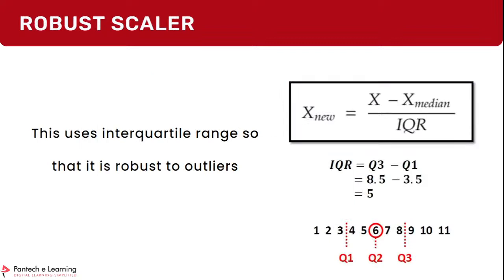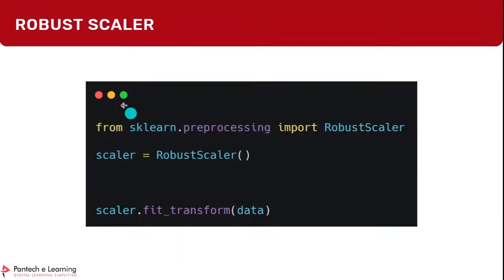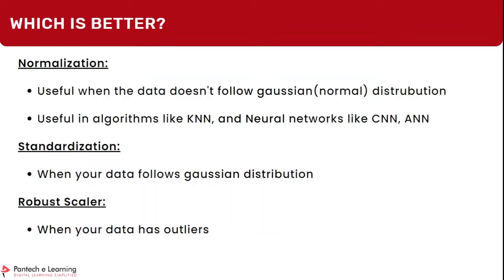And if you have a lot of outliers in your data, you can perform this RobustScaler, and this is what is called an outlier, right? Remaining data points are here. One guy is not at all related with the other and it's separate. It can be called an outlier, and if you have it, you can perform this RobustScaler from preprocessing of the sklearn library, and you can fit and transform this in your data. So this is the use case of scaling. It could be how, if you want to go with normalization or standardization.